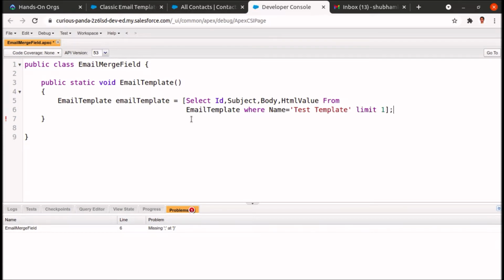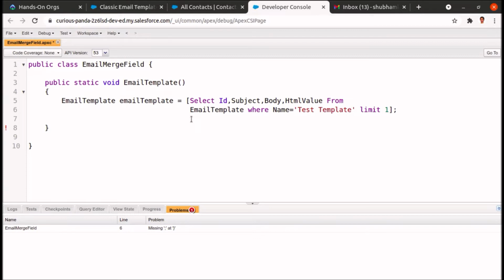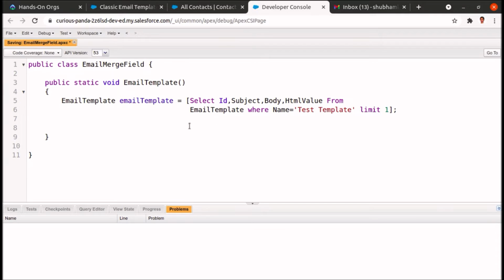So we will only get one record from here. Now, I am missing the semicolon, line number 6. Let's save it once more. Yeah, it's gone.